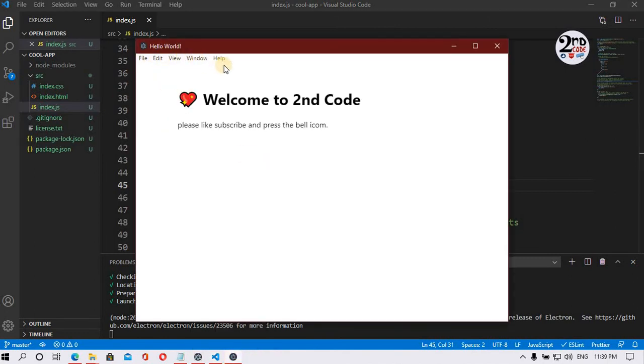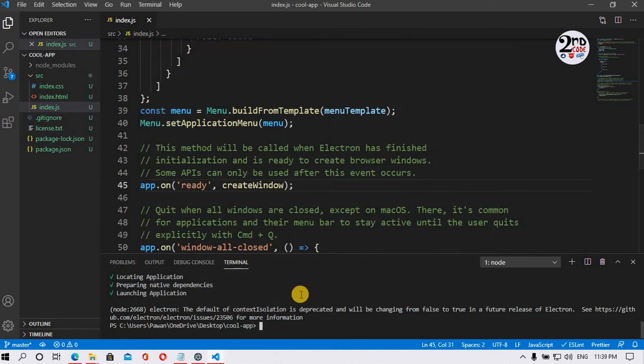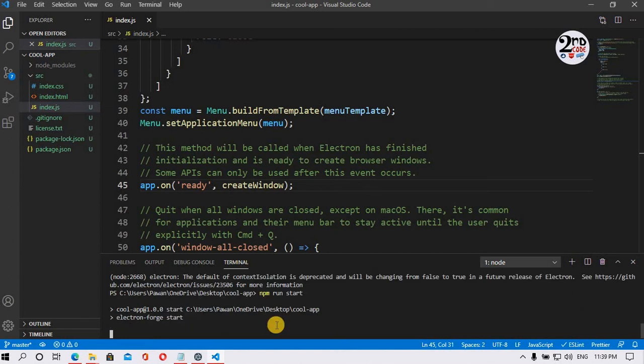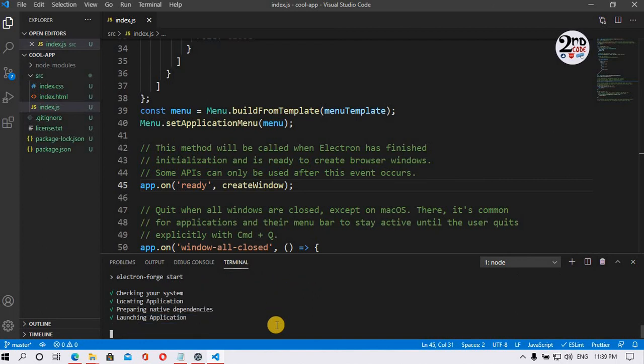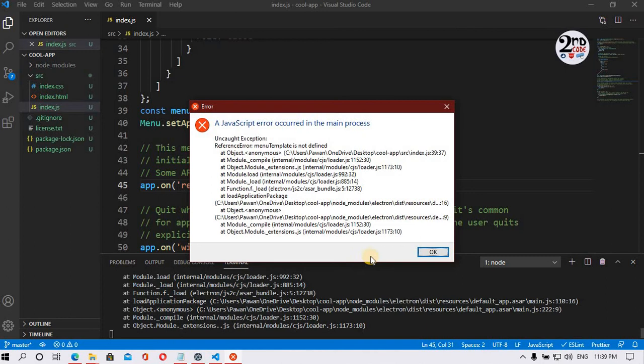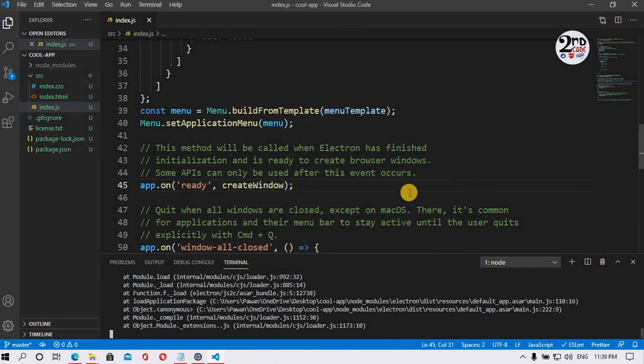You can see nothing changes because of that mistake, so close it and again type npm run start to see how it works. Okay, menuTemplate is not defined, sorry.